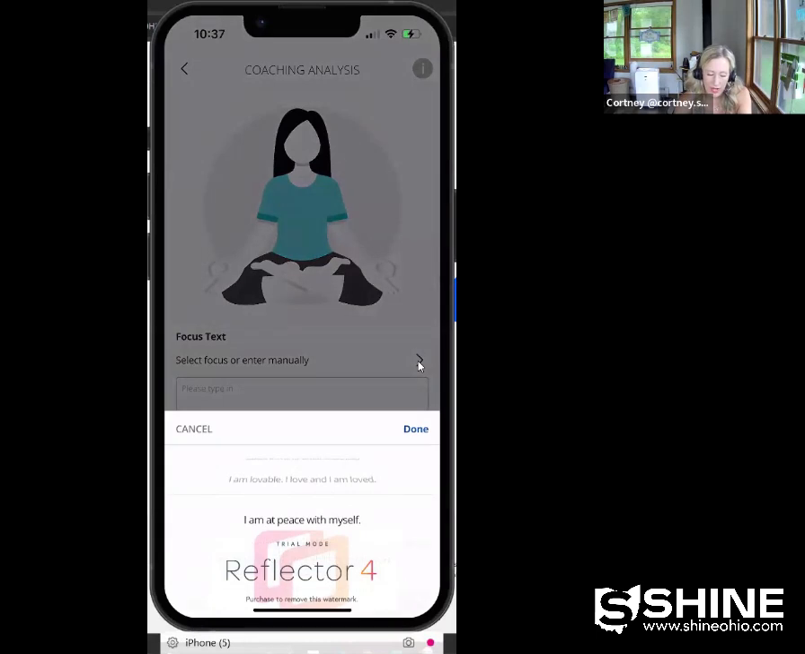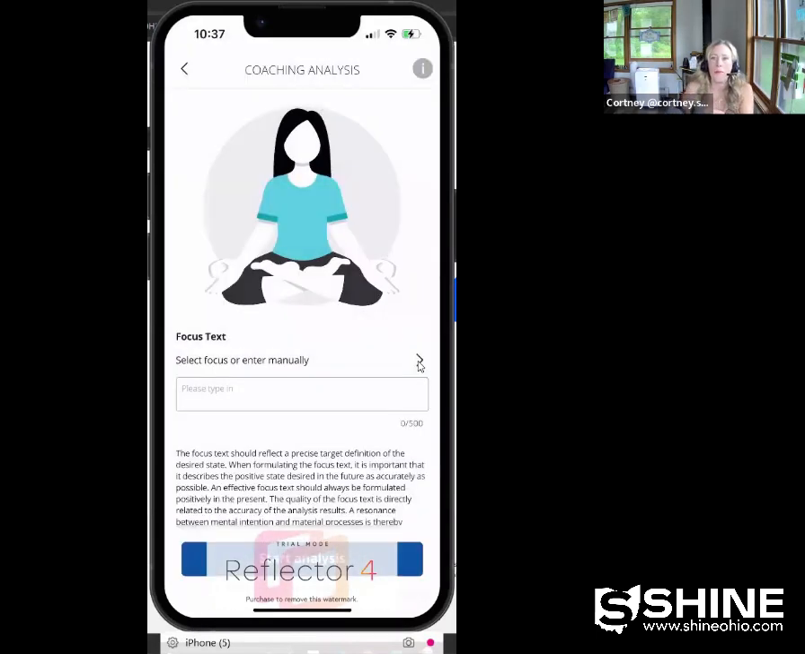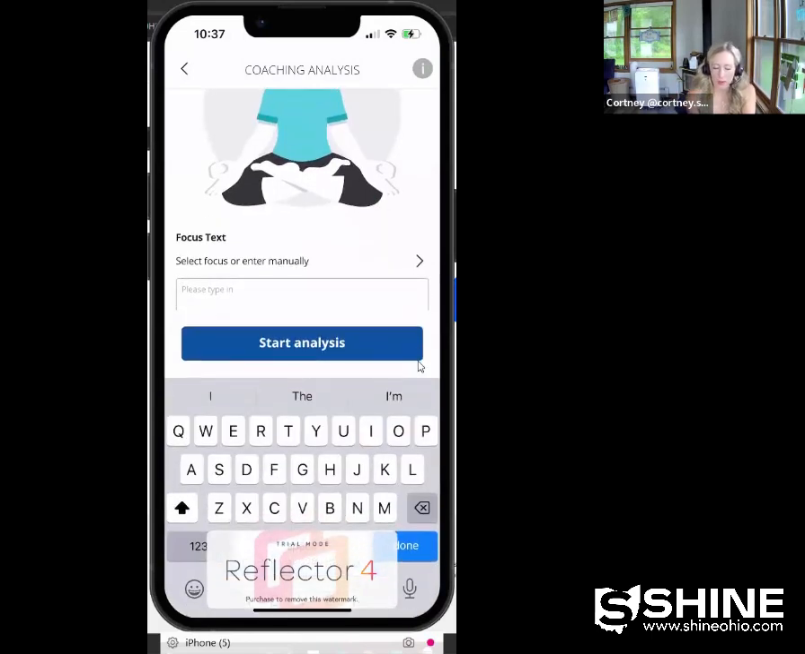I'm actually going to cancel out of this because I find it much more powerful and much more useful to actually type in your own mantra. And the way in which I like to explain this is stating something as if it has fully manifested into the world. So I'm going to actually use it. I'm going to say,